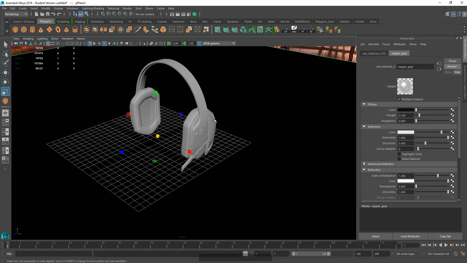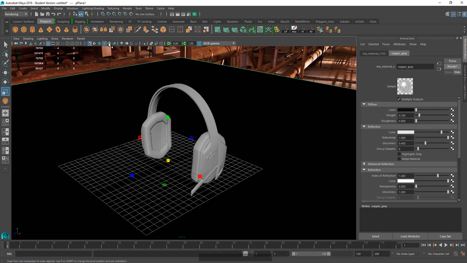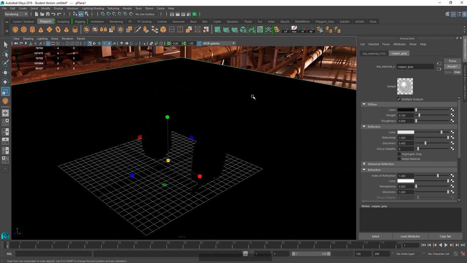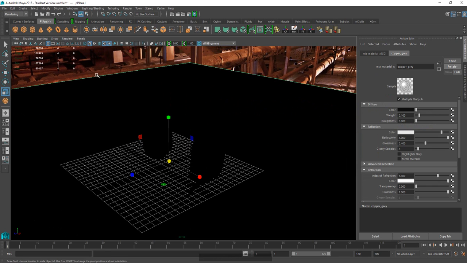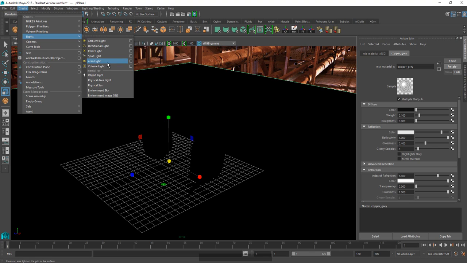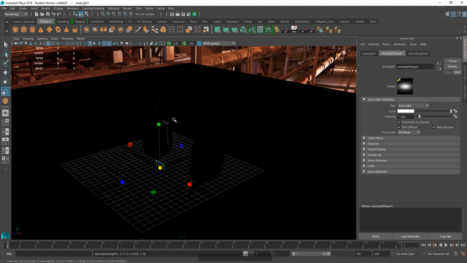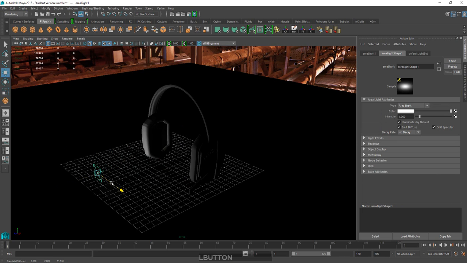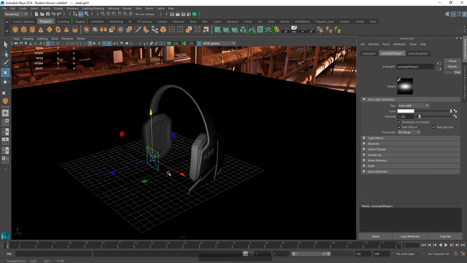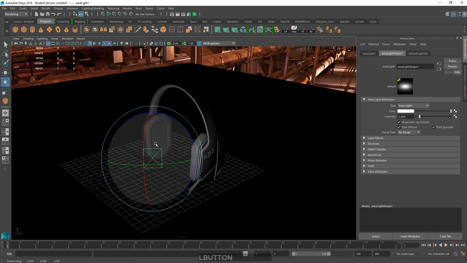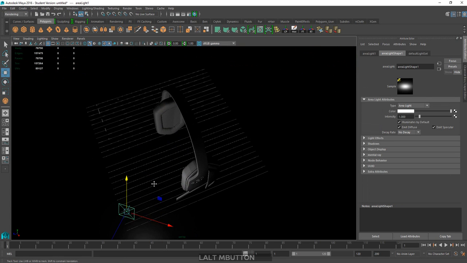We have no idea what it's going to look like in our renders yet, so we need to start adding some lights. If you turn on your light bulb with the light bulb icon over here, your whole scene should go black except for your environment over here. So you go to Create Lights, and we're going to use area lights mainly for this. So pop in an area light, it's in the middle of your grid, hit W for move. I should have my controls visible down here for you, and move that out, and you can start lighting your scene. If you just angle that around and move it back,